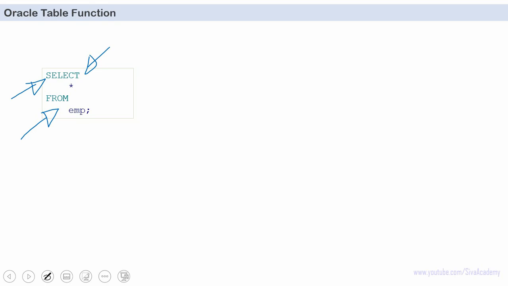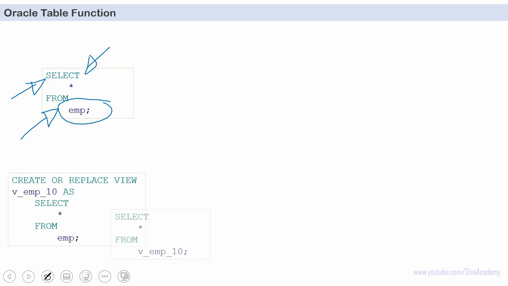So in this case, 99% of the time, as part of the from clause, we will specify the tables, either one or more than one table. So the table is going to be the primary source of data. However, it is not necessary that we always use a table. In some cases we will create a view and we can use the view as the data source. Of course, the view is going to retrieve the data from the underlying table. However, in this case, the view is the data source. So it's not necessary that we have to use either a table or a view.